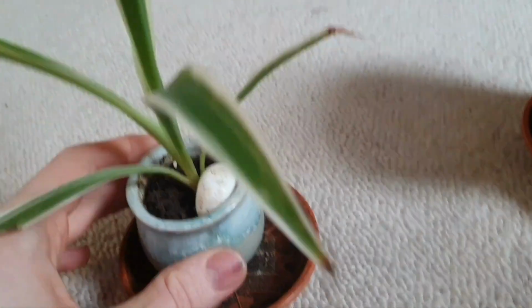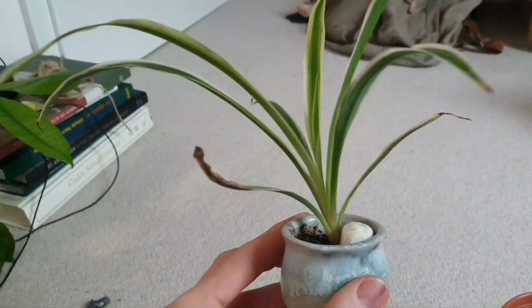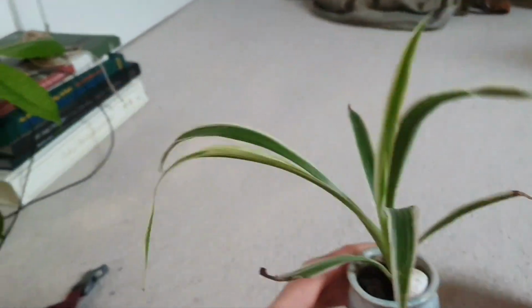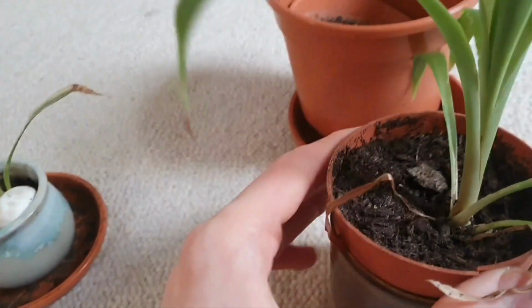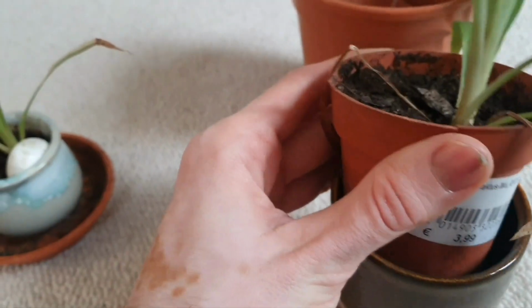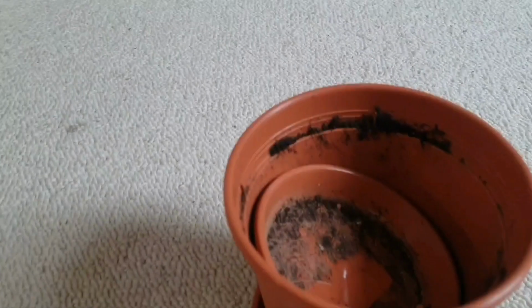Actually, I really love it in this pot. I think it looks very cool, but I decided that I want to grow it a little bit bigger. So, this is like the only medium-sized pot that I have. Well, I mean, this one is quite medium-sized too, but this is like the only reasonable upgrade I can